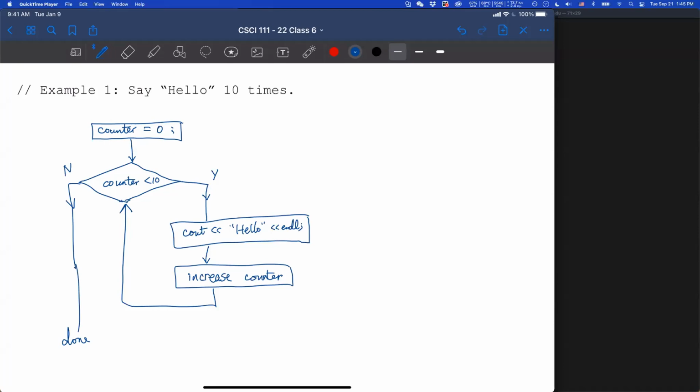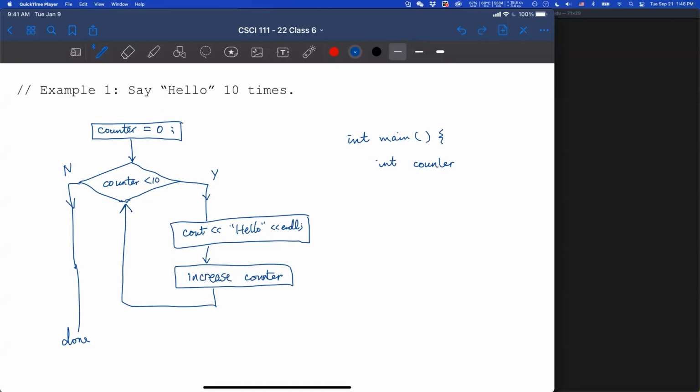Okay, so the code will look like this. You will declare a variable counter.